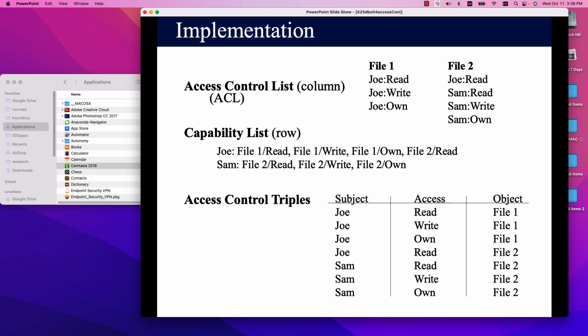Capability list, row. Joe. So file 1, file 2, this is an object. It could be a real file or could be a database: data items, maybe records, maybe a table, maybe the entire database, different granules. Capability list. So based upon this, we can think of Joe